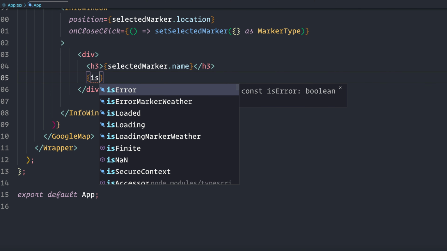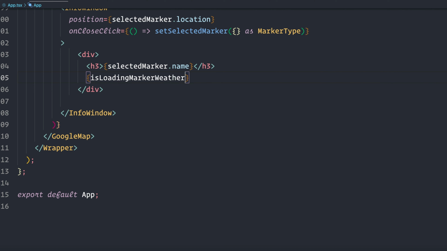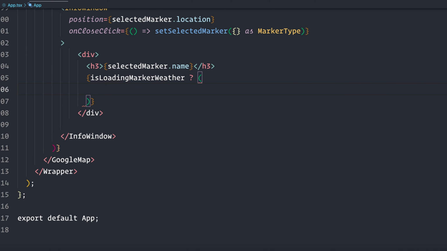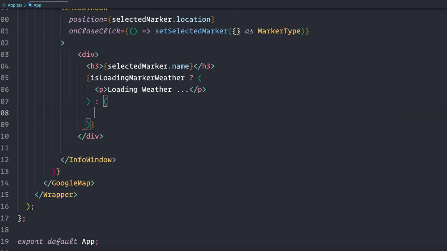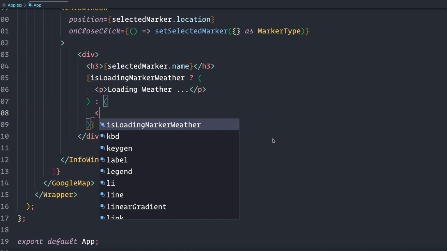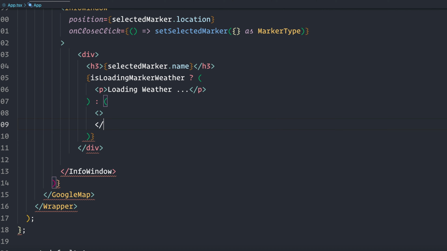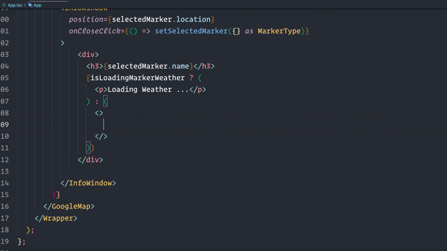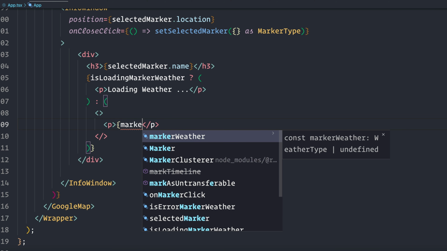So I have curly brackets is loading marker weather. That's the one that we got from React query. I have a ternary operator. And if we're loading, I'm just going to return a p tag that says loading weather like this, a colon, and otherwise we're going to return some stuff. So I have a fragment and I'm going to return a p tag with the marker weather dot